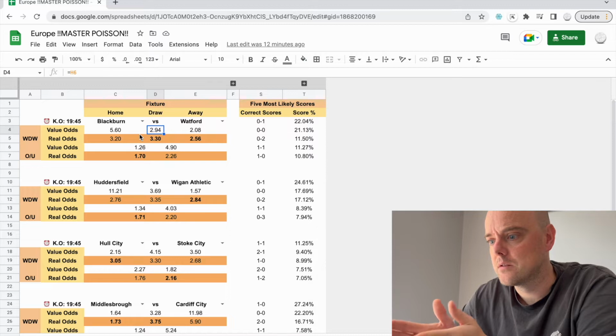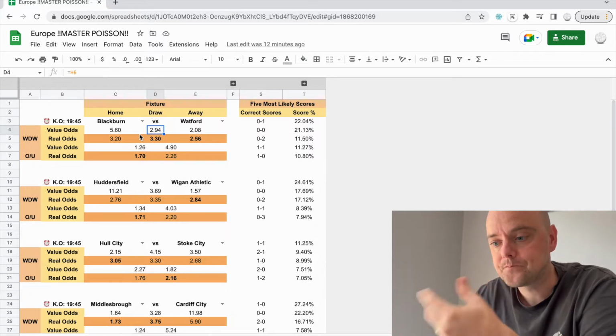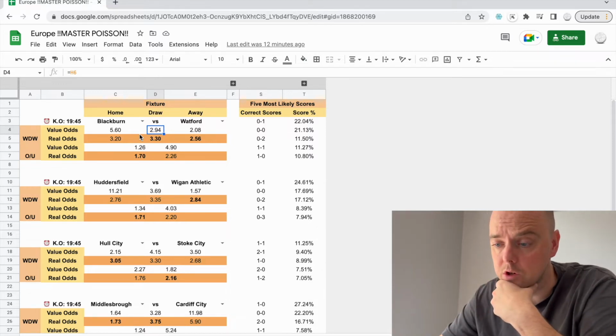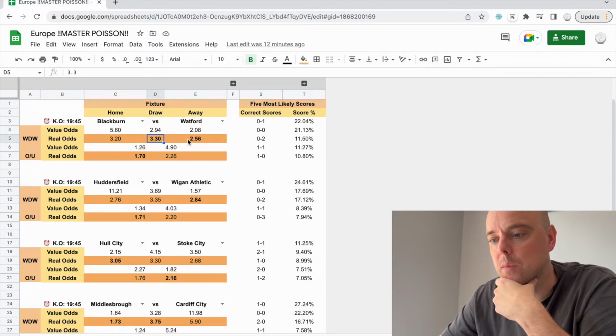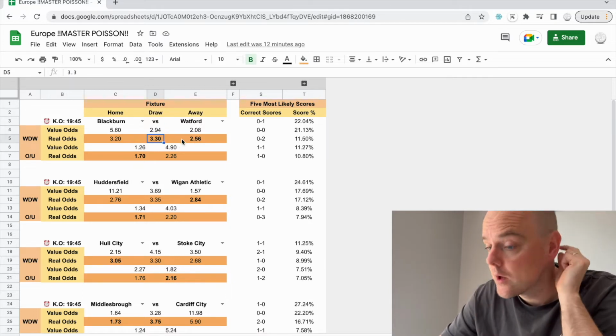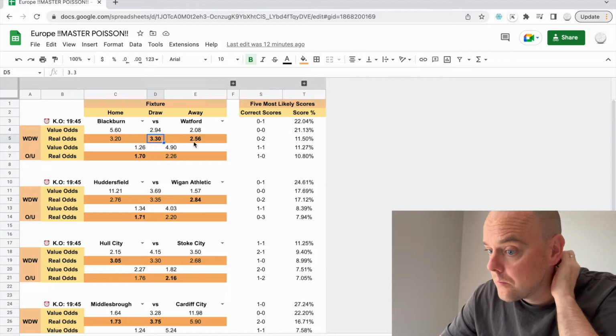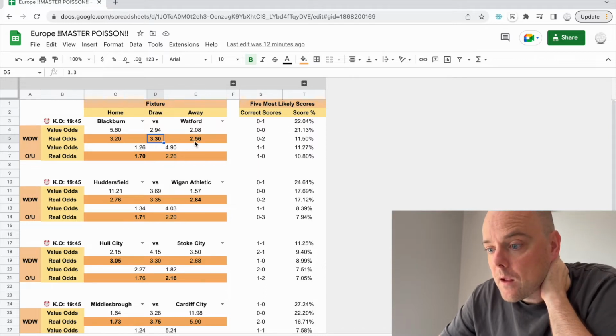The only thing left is to meet in the middle and draw. I'd suggest that the draw is showing good value. So I think laying Blackburn would probably be sort of sensible, but I don't know if you'd really get the odds for laying Blackburn. So this is what's going through my mind when I'm looking at this. I'm liking the draw,